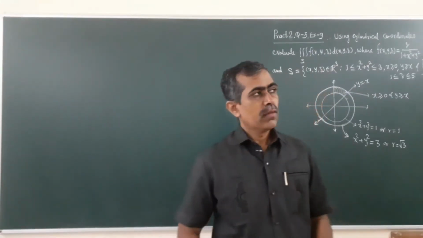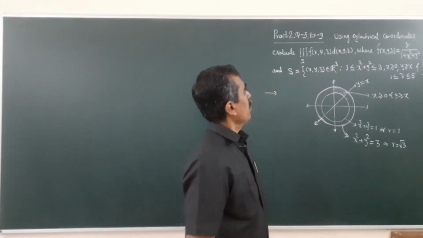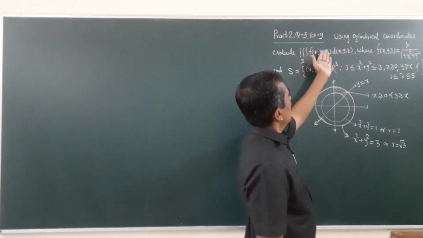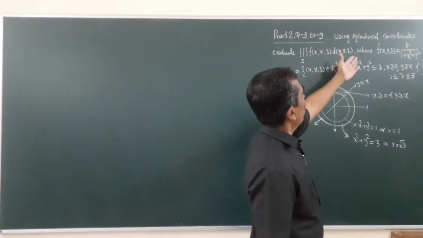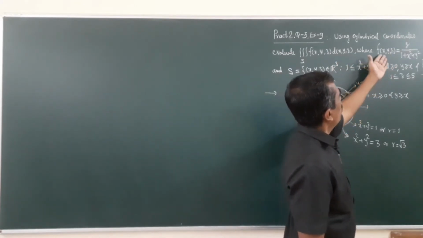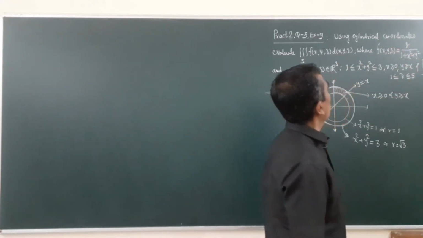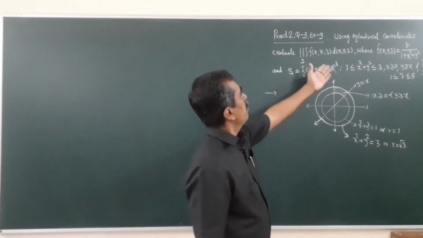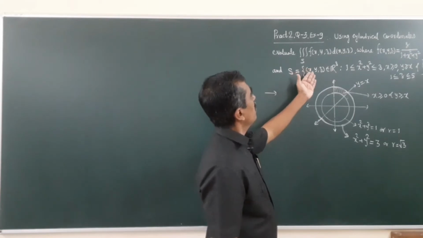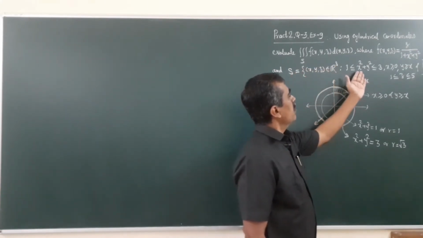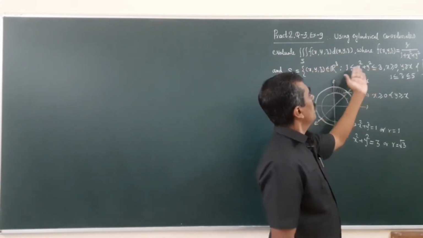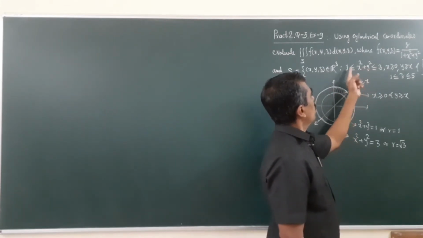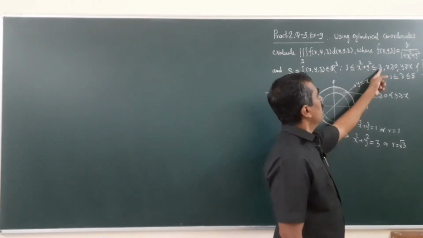Let us do the next problem from cylindrical coordinates. Evaluate the integral of a function f of x, y, z using cylindrical coordinates, where f of x, y, z is z upon 1 plus x square plus y square, and S, the domain of integration, is the region in R3 which lies between the annulus between the two circles x square plus y square is equal to 1 and x square plus y square is equal to